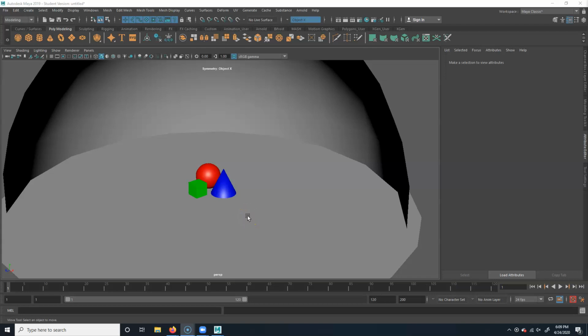Alright, so in this tutorial what I'm going to do is just show you guys how to do your general lighting. I'm not expecting anything too great. We're going to do it very simple and very straightforward. Okay, so first things first, we want to light to the camera, meaning